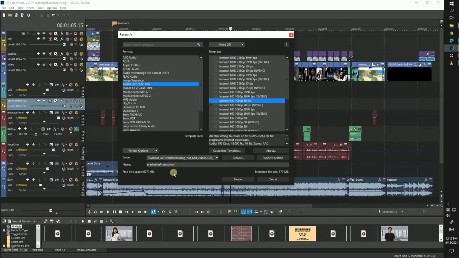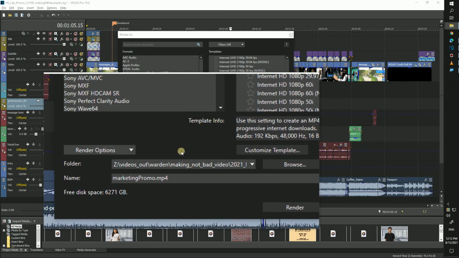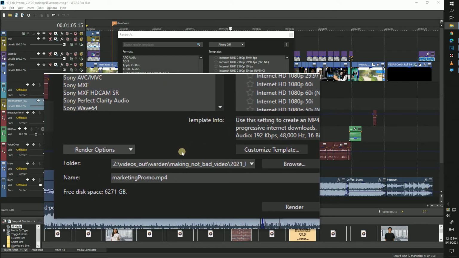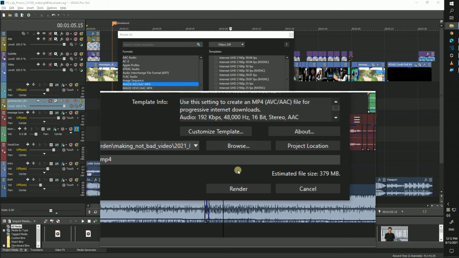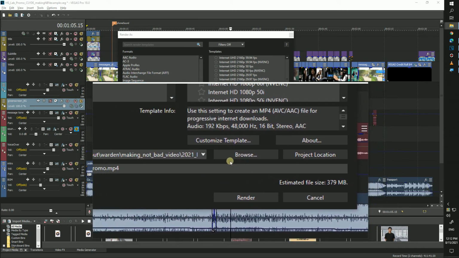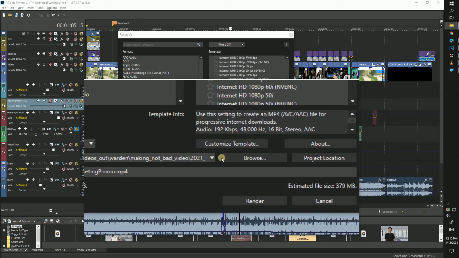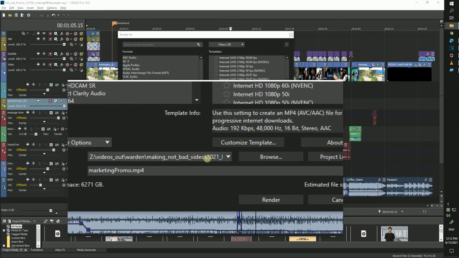After we have checked all of those, one final useful tool that Vegas offers is that below the name bar, Vegas shows you how much disk space is available in your computer. And to the right of that, it shows an estimated file size. This is quite convenient. When you're not exactly sure how much space the video will take up, the preview and estimate can help you decide where to save your video.